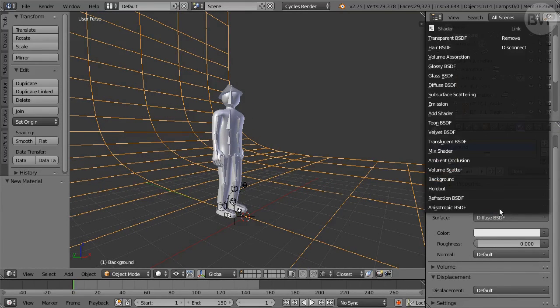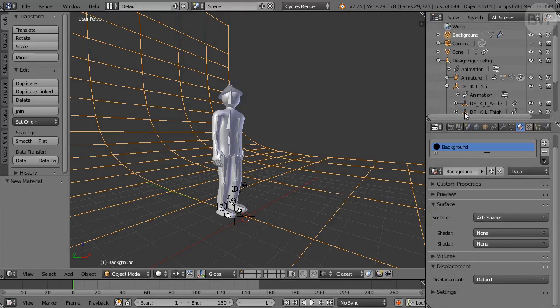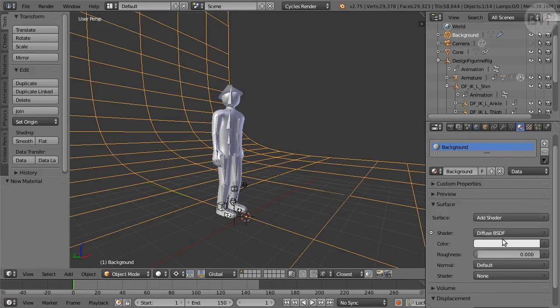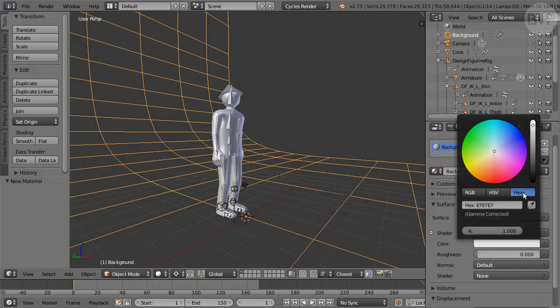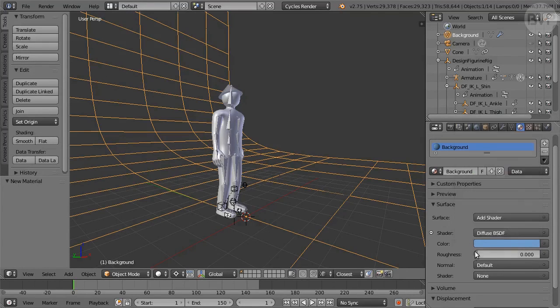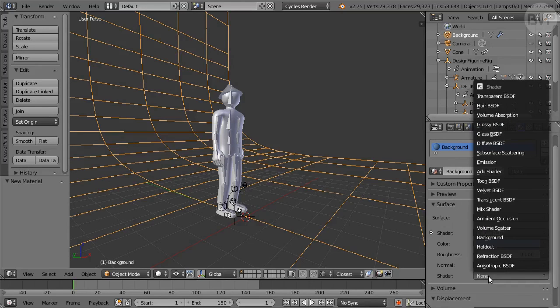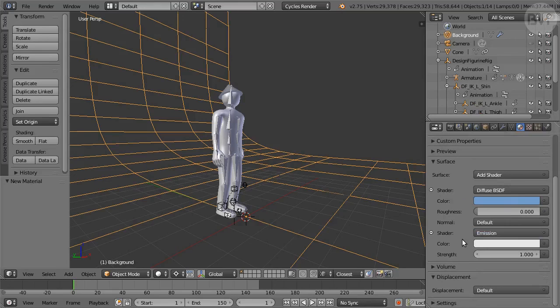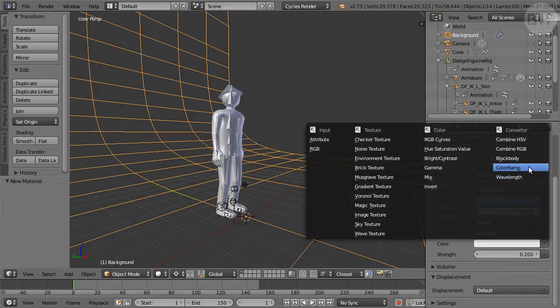Change the Surface shader from the pop-up menu to Add Shader. Set the first shader from the pop-up menu to Diffuse. Click the color and set it to hex value 739ECB. Set the second shader from the pop-up menu to Emission. Set strength to 0.2. Click the button to the right of the emission color well and choose Color Ramp from